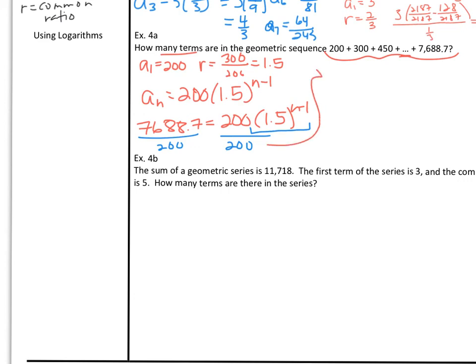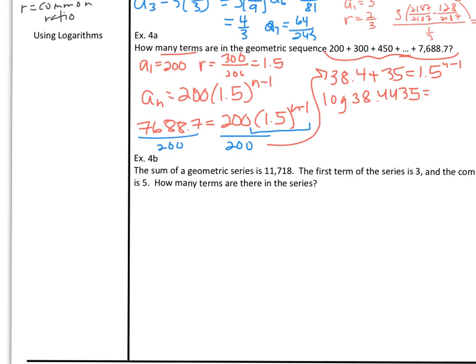I would get approximately 38.4435, going out 4 places. And on the right-hand side, 1.5 to the n minus 1 power. What I'm going to do now is take the logarithm of each side, applying that property. The log of 38.4435